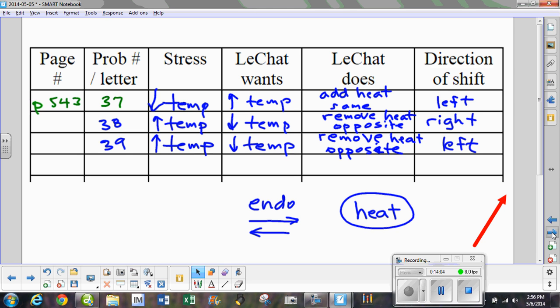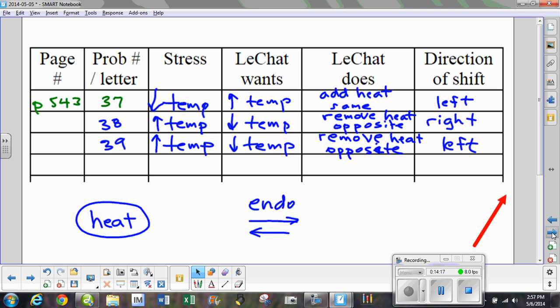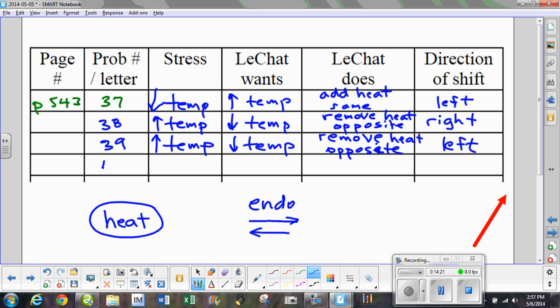Where are your notes? Do you have them? Okay, tell me where the heat is for an endothermic reaction. You've got to get the heat on the correct side or you can't do the problem. It is because it's endo. Now, because this is endo, and we're talking about number 40 on page 543 of the textbook,